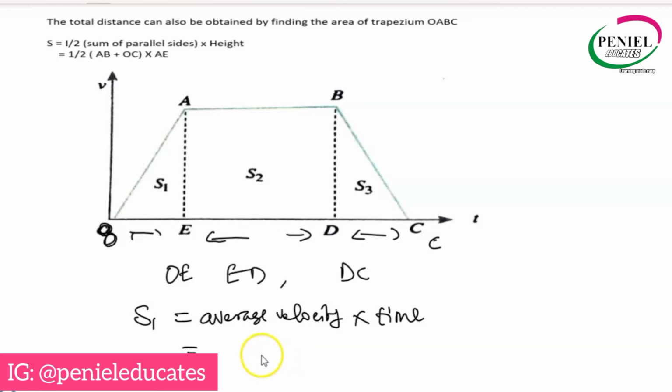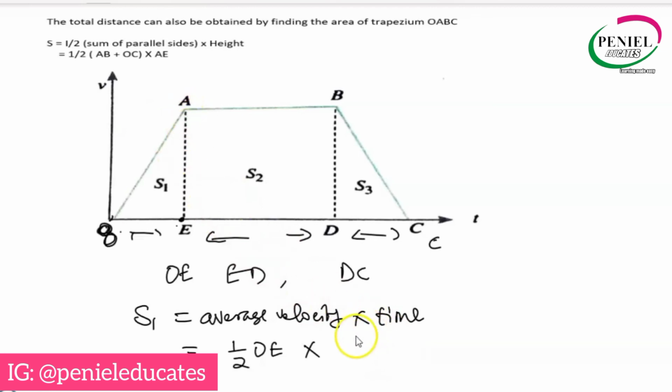Now, what is the average velocity? This is OE, from here to here. The average velocity is half OE, multiplied by the time interval used to cover the period,